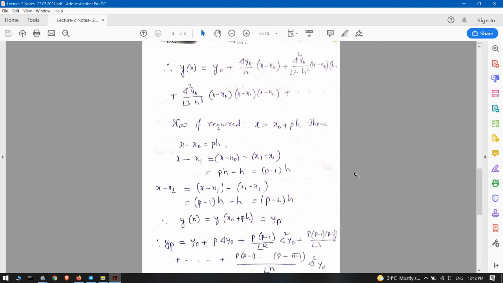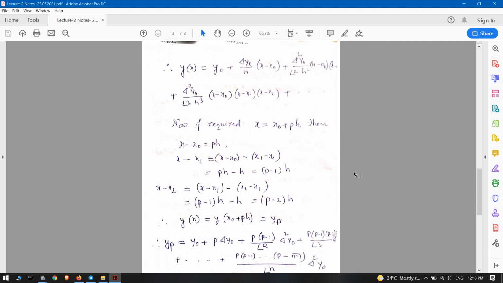If you put x equal to x0, the value will be y equal to a0, isn't it? So we can write now y of x0 equal to a0, and already it is given in the table that y of x0 equal to y0. So we can write that a0 equal to y0. So the first constant, that is a0, we are able to calculate. That value is y0, and that constant value is given in the table.